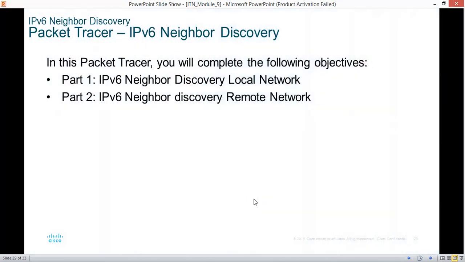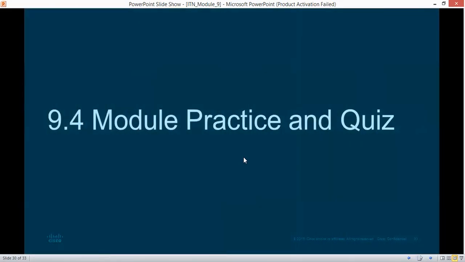The good thing about this is that you have this Packet Tracer giving you some kind of guide. So when you're reading through the curriculum, you'll come across this Packet Tracer. When you click on it, you can be able to carry out the practice. Okay, and so that's for